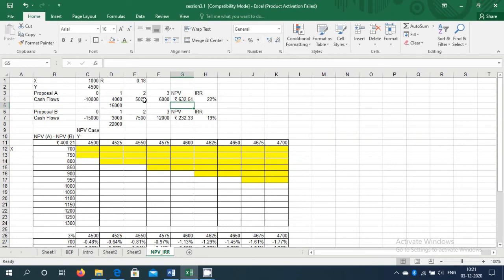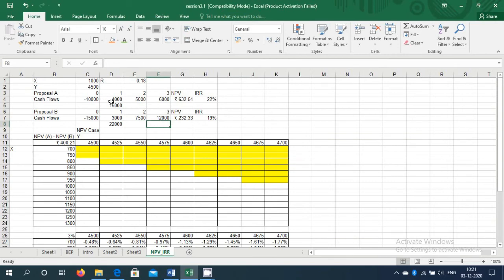Why is this happening? Because from the initial years they are getting 4,000, then after that 5,000 over here, then 6,000 over here. So every time there is a difference of 1000. Every year there is a successive growth of 1000. But here initially they are getting 3000, and then 4500, so 3000 plus 4500 is 7500. Here 7500 plus 4500 is 12000.